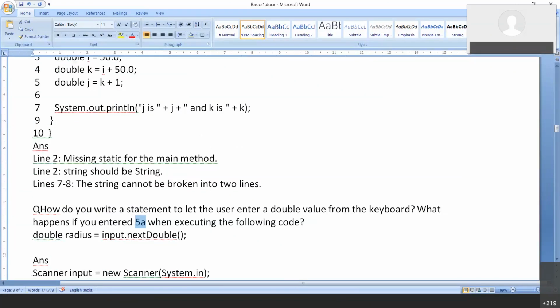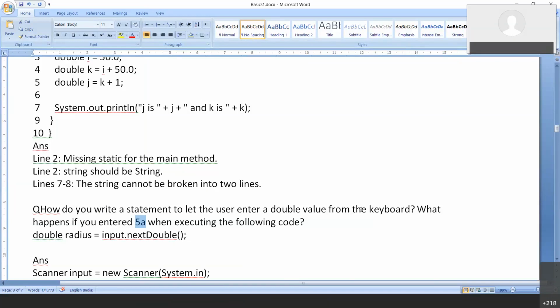See, I compiled it, I am executing it. It will give me a runtime error because input dot next double is perfectly fine, but when I enter, I am typing 5A. Okay? So if I enter 5A, what error will it give me? You have to tell me the error.